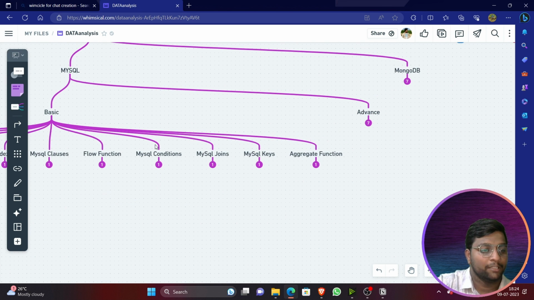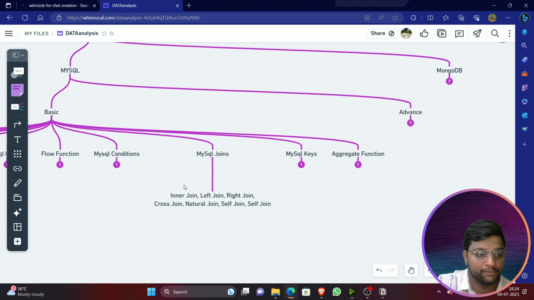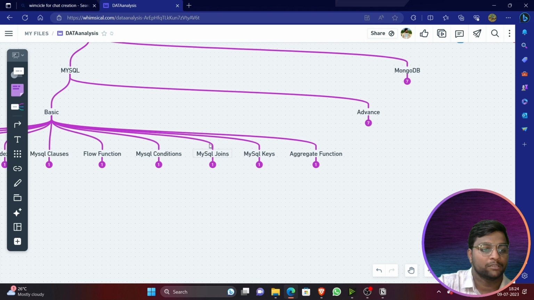So once this is done, you will be entering into MySQL joins: left join, right join. Joins are important. They'll be asking you in the interviews: inner join, what does outer join do, everything. So remember about this. And once these joins are done, actually from these joins, everything you should remember properly, and